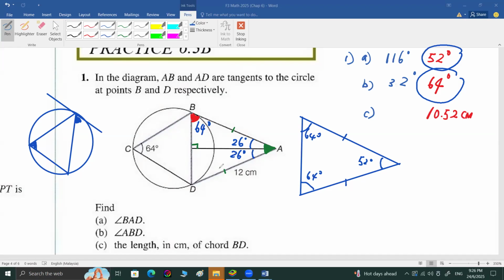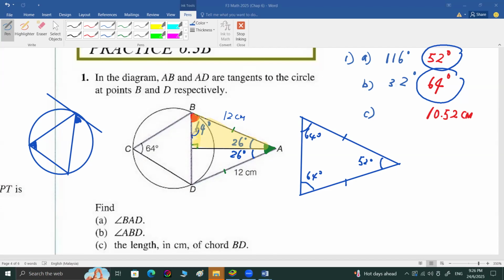Okay, now we go to the length of BD. Class, look at this first. I ask on my whiteboard. I make use of this triangle because I said, if you want to find the length, we can apply what? Pythagoras theorem. So can you see here 12? I name it this one. I choose one of the angles, any can be. So if I choose 64,